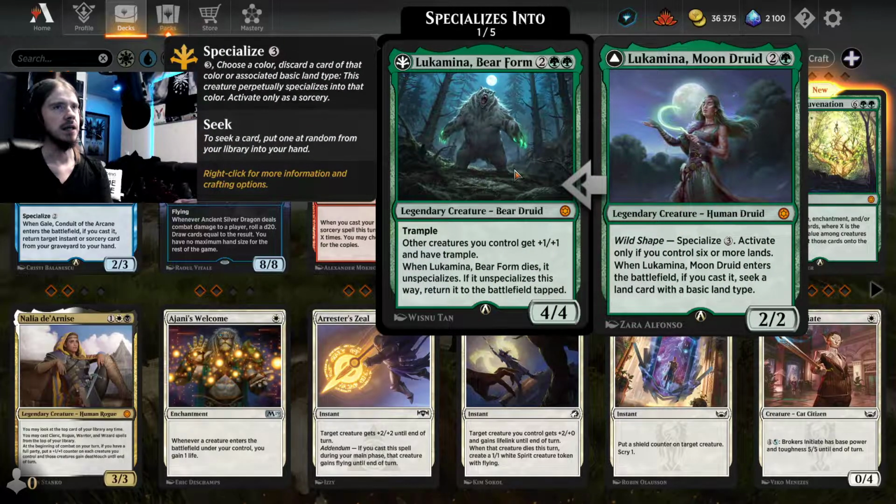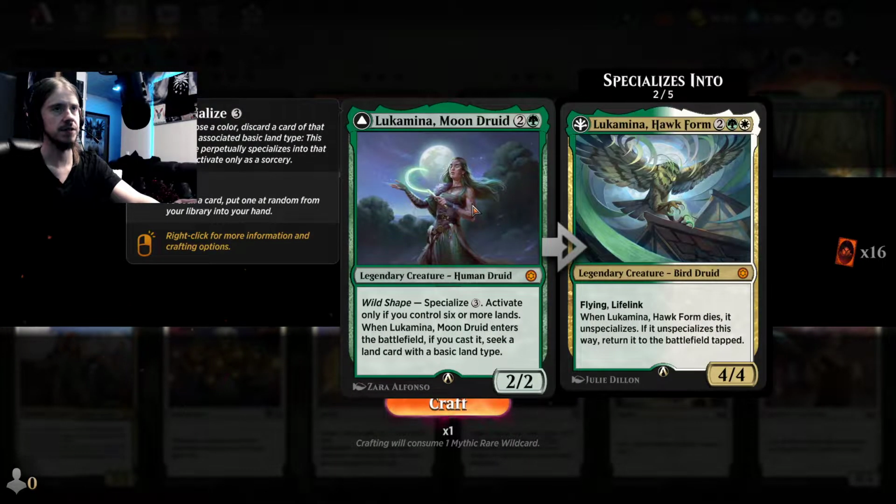Okay, Lukamina, Moon Druid. Legendary creature, Human Druid, Wild Shape, Specialized 3. Activate only if you control 6 or more lands. When Lukamina, Moon Druid enters the battlefield, if you cast it, seek a land card with a basic land type. And bear form: the green bear form has Trample, and other creatures you control get +1/+1 and have Trample. When Lukamina bear form dies, it unspecializes. If it unspecializes this way, return to the battlefield tapped. Okay. And the rest of them is